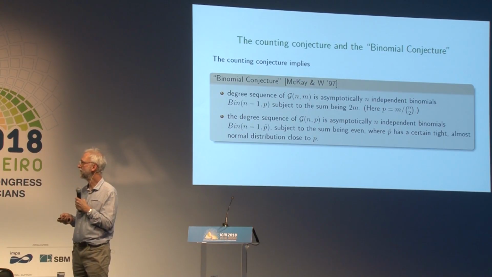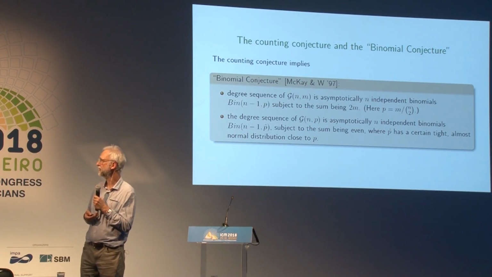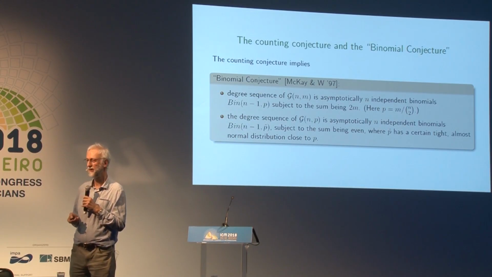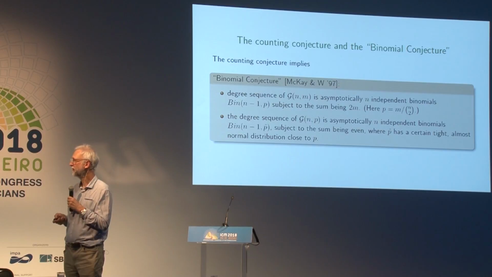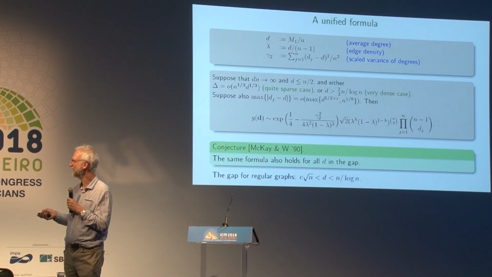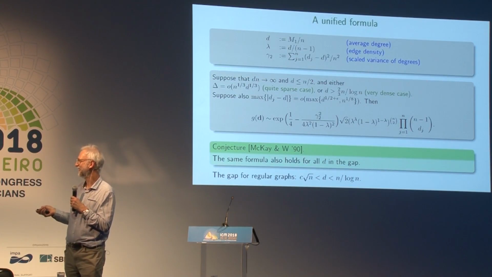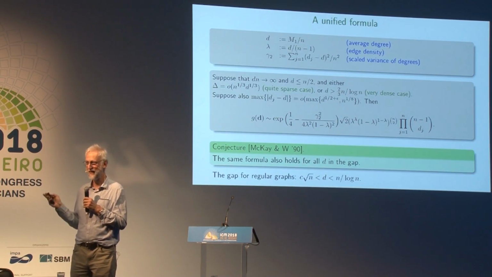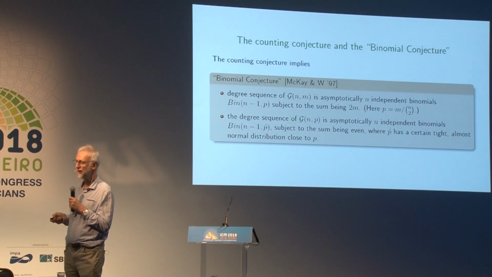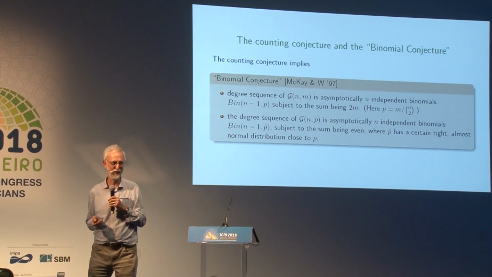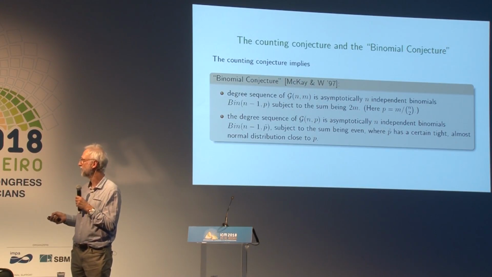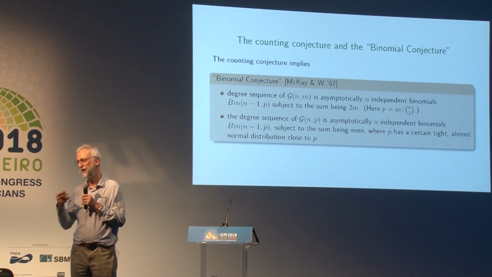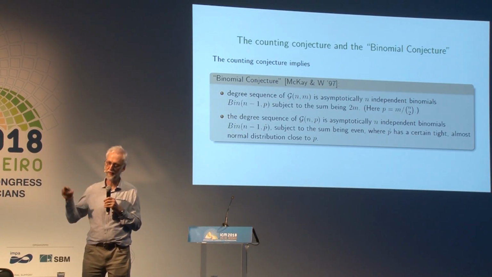Now, a few years later, McKay and I showed that this counting conjecture can be expressed in an even nicer way, I think, because, well, if you look at that conjecture, what's the reason that it would hold for such a wide range of values of the density? And this one here, there's a lot more things going on that make it seem reasonable. So the first part of the conjecture is that if you take G(n,m), which is just a graph with n vertices and m edges added at random,